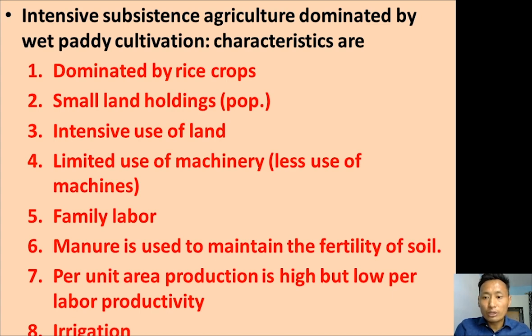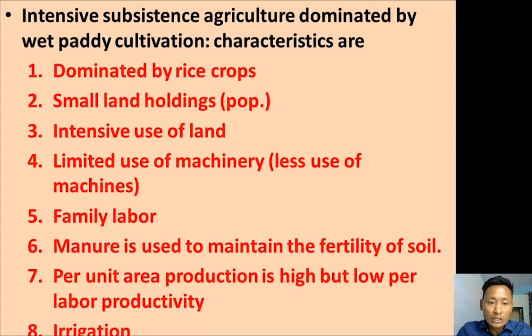But if we talk about per labor production, this type of agriculture system is done mostly with family labor. So if we divide by labor, per labor productivity is very low, because most of the agricultural activities are done by family labor, not by machines. Per area production is high because they cultivate two or more crops on the same agricultural land,